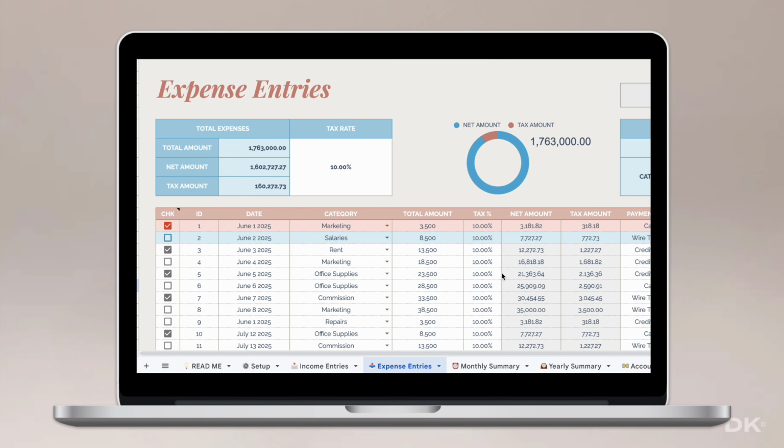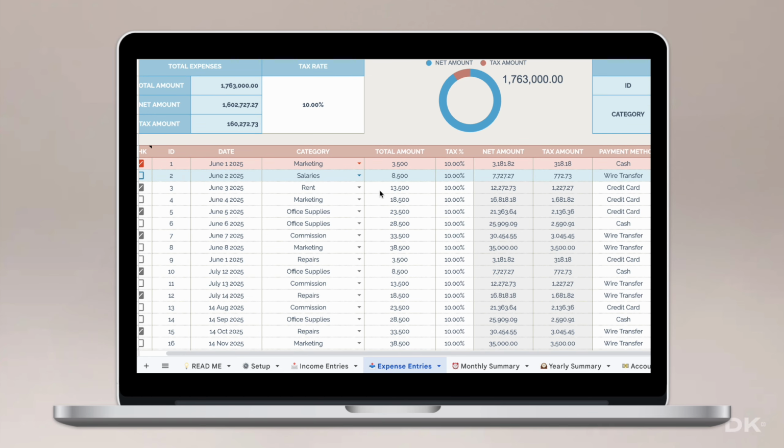Next, we have the Expense Entries tab. And this works very similarly to the income section, but for your outgoing costs. Here you'll track every business-related expense like subscriptions, rent, marketing, or salaries. Each record includes the date, expense category, total, tax rate, net amount, which represents the actual cost of the expense